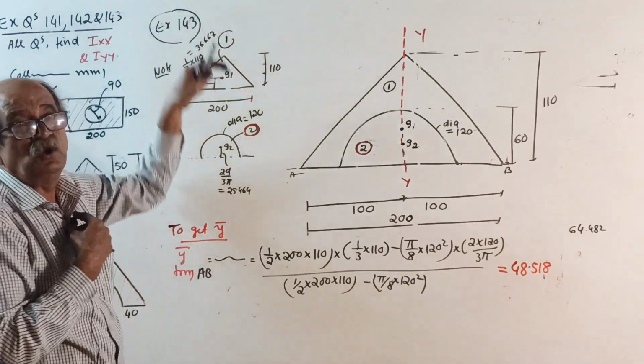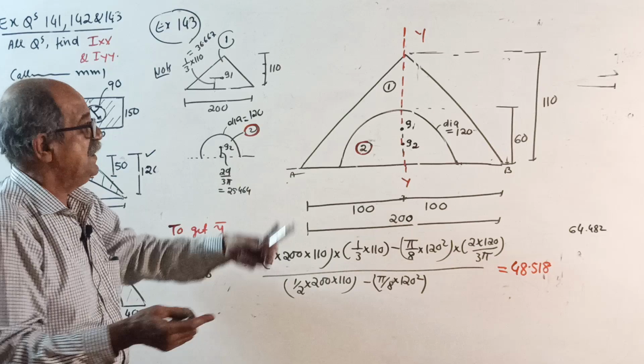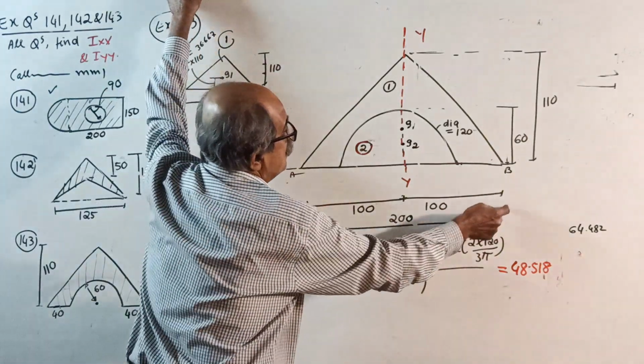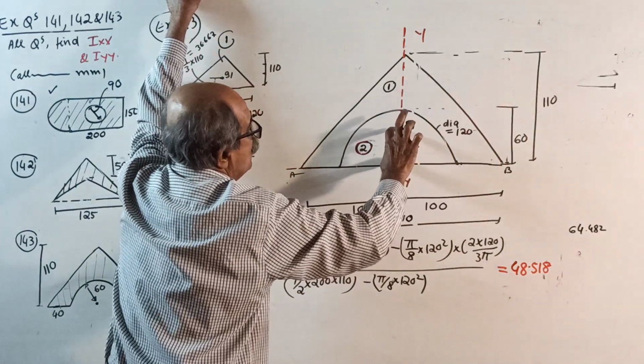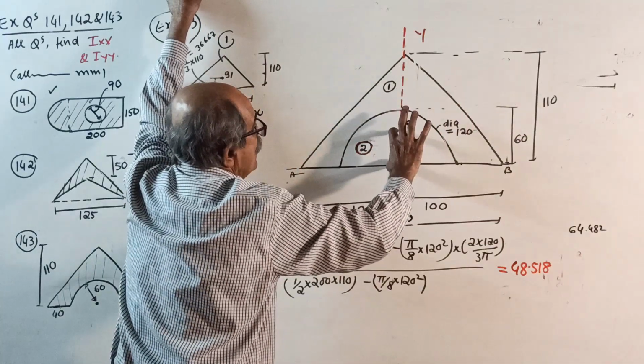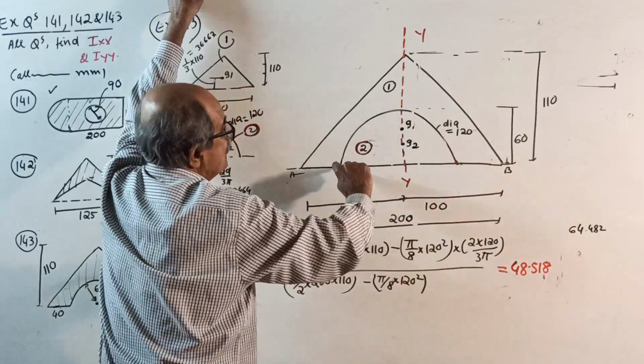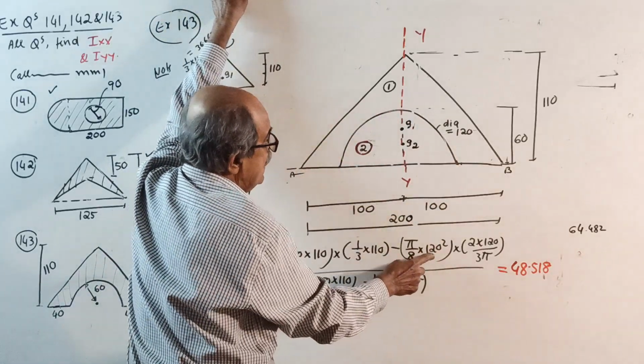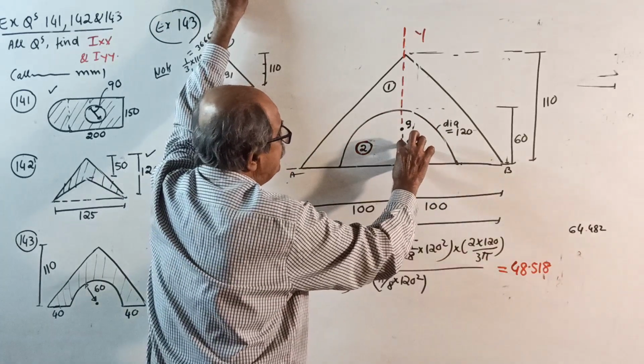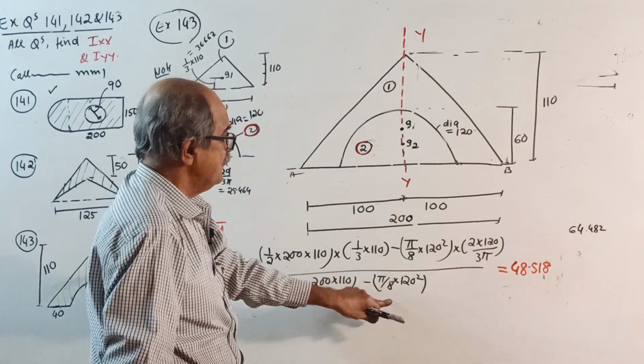A1 y1 minus A2 y2 divided by area, which is A1 minus A2. A1 half into 200 into 110 into 1 G1 1 by 3 of 110 minus semicircle area pi by 8 120 square into 2d by 3 pi, divided by A1 minus A2 will give you